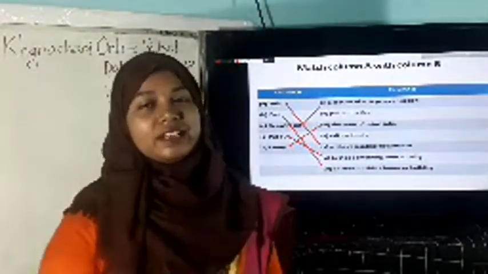Now I would like to discuss it again. Quietly, without creating disturbance. Yard, an area outside a house or building. Department, a section of a large organization. Put out, to stop something from burning. Safety, the state of being safe. Okay, dear student, I think you can understand the matching with column A and B.